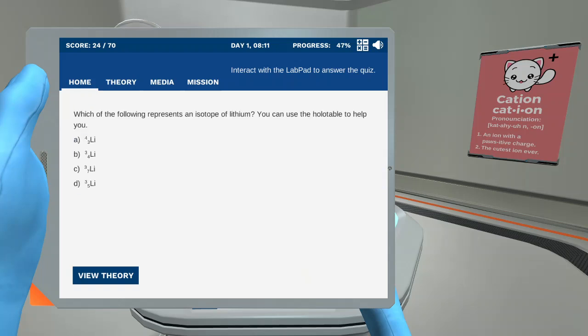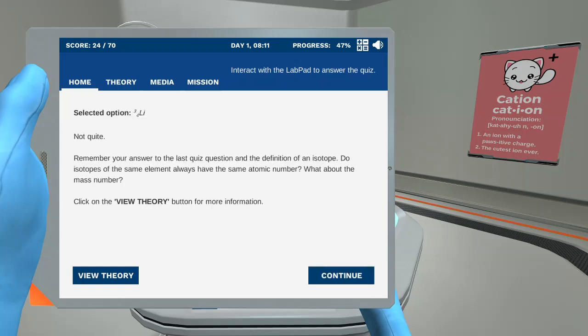Which of the following represents an isotope of lithium? You can use the hollow table to help you. Not quite. Remember your answer to the last quiz question and the definition of an isotope. Do isotopes of the same element always have the same atomic number? What about the